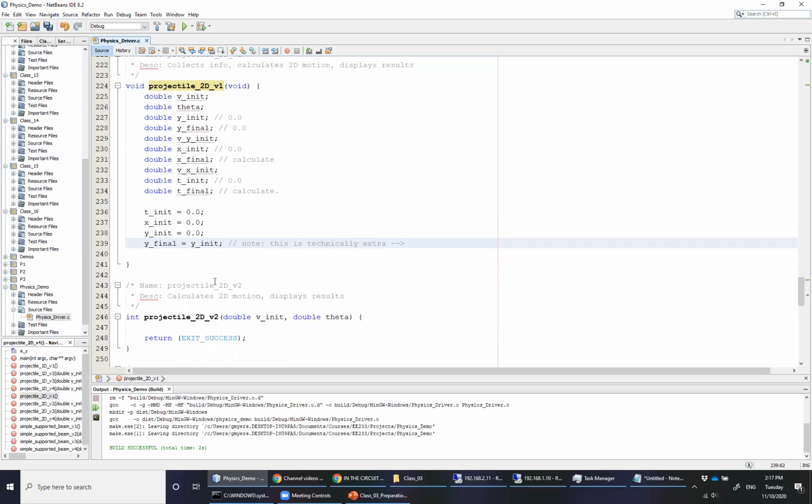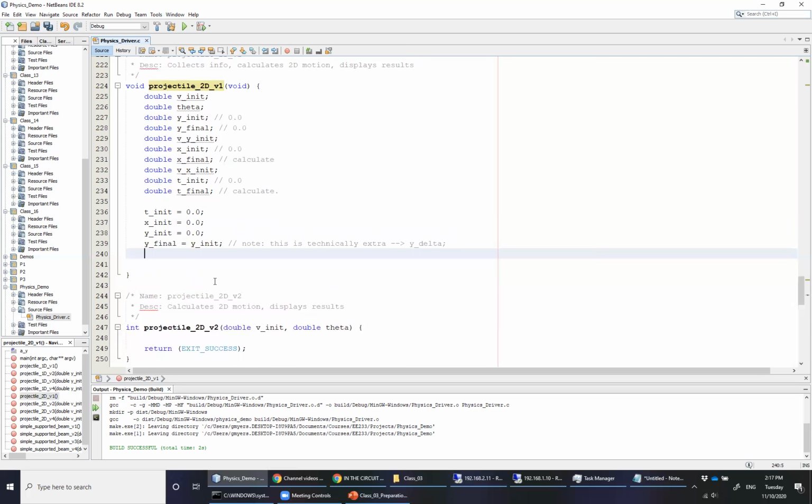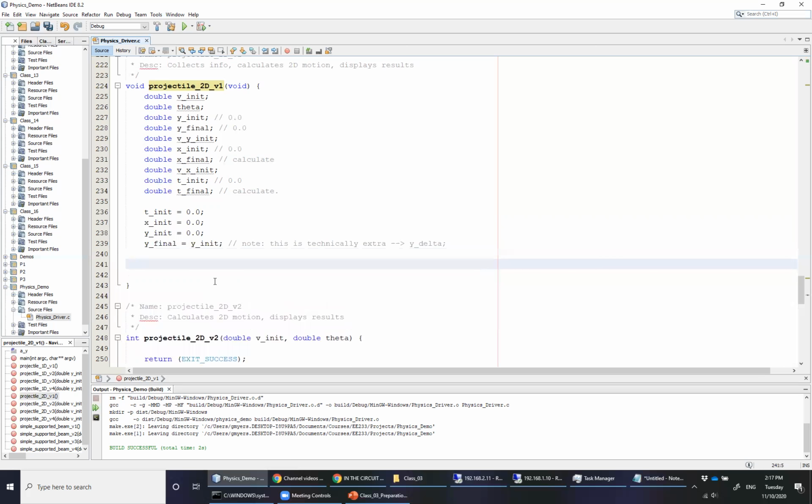And I'm just going to point out here that we could actually handle this with a y delta. All right. Now, continuing on, we have our vy init, which we are going to calculate from our v init and our theta. Likewise, our vx init. So the first thing that we want to do is we want to go ahead and collect some information from